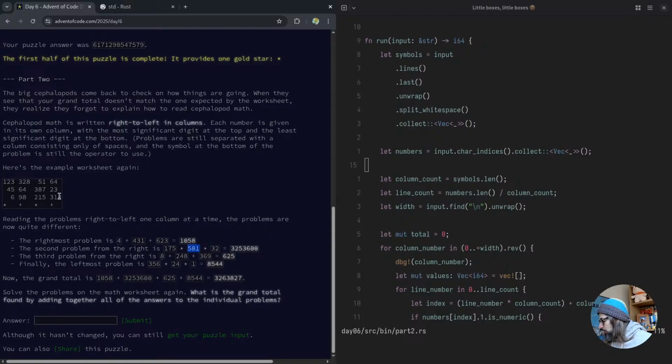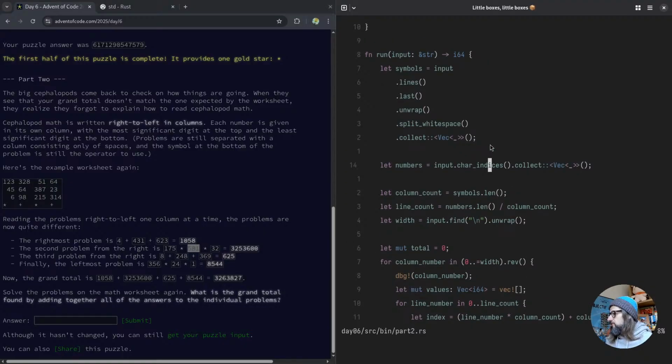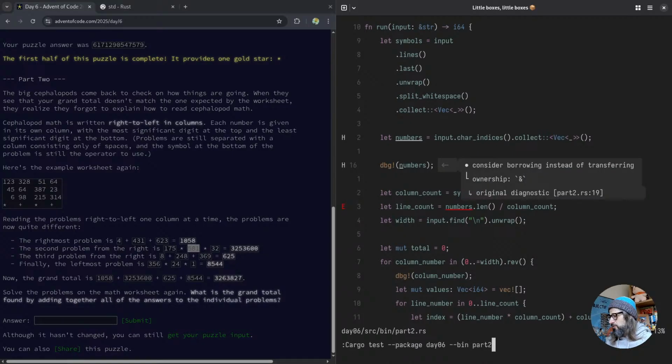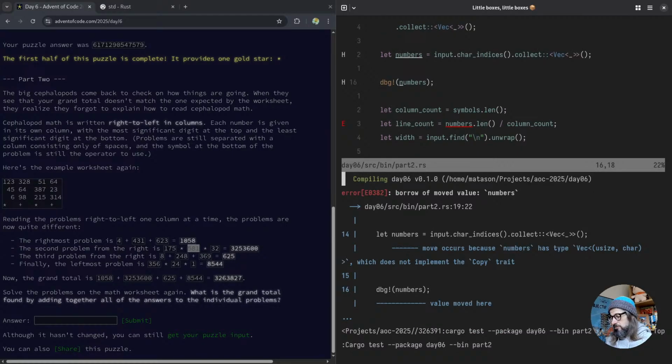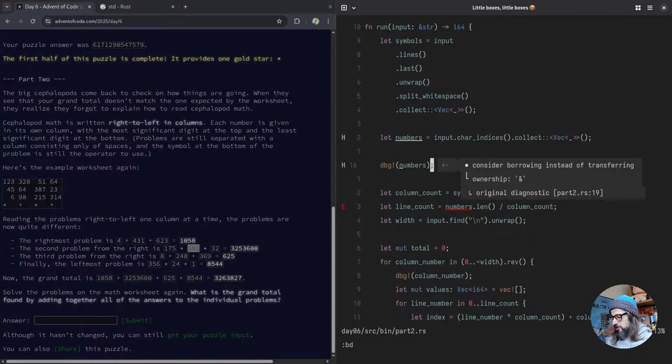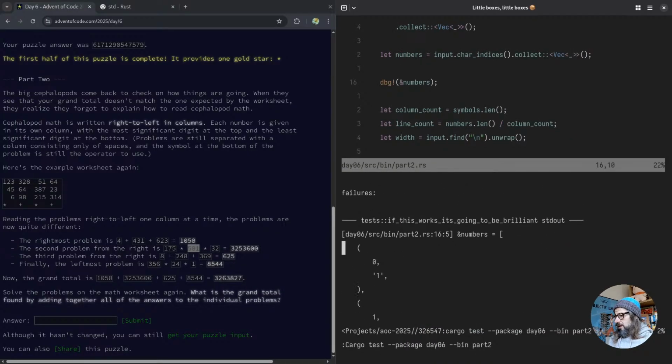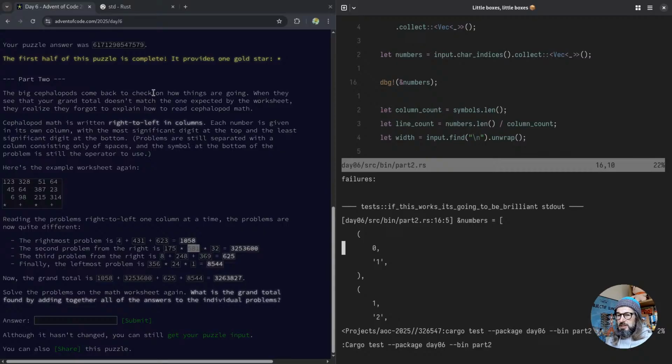So I think I did use, because it's right here, char indexes last time to get the puzzle input into a vec of tuples. So let's have a look just to remind ourselves of what that looks like. Oh, okay, that won't work. So I need to borrow numbers. Let's do that. And yeah, so I've got each of the items in the grid